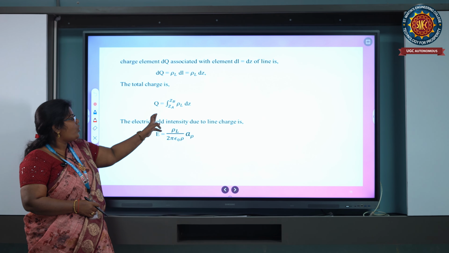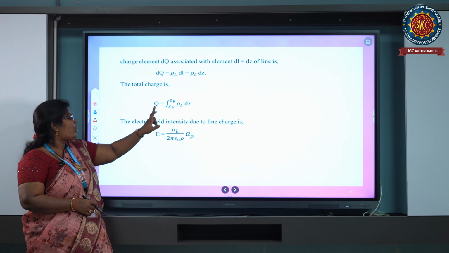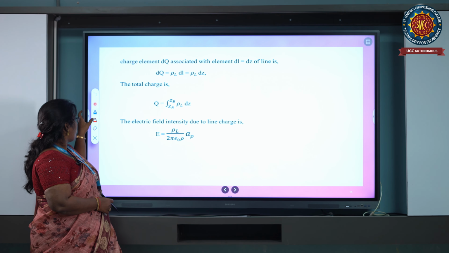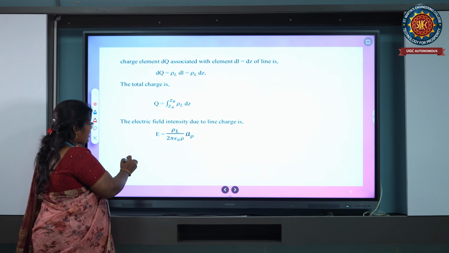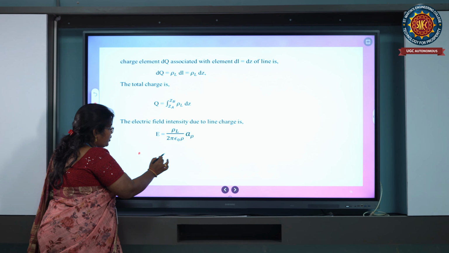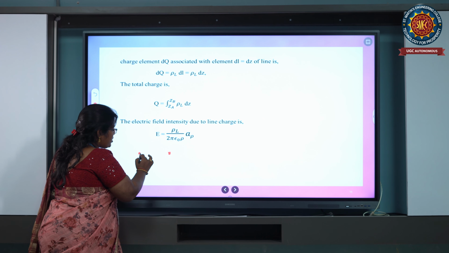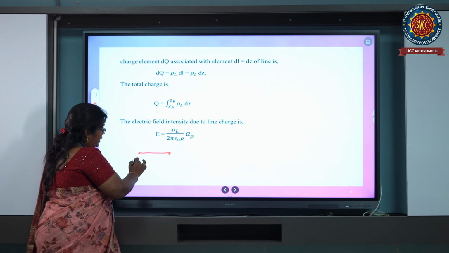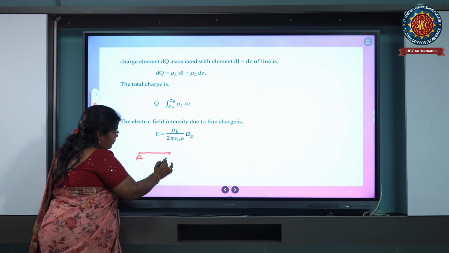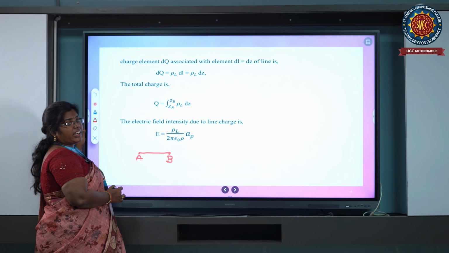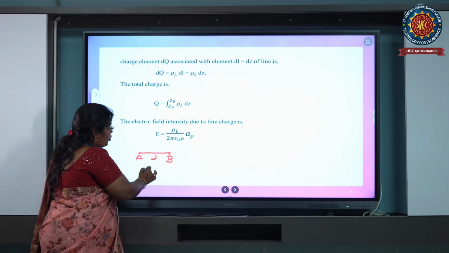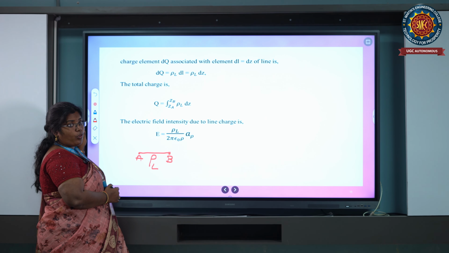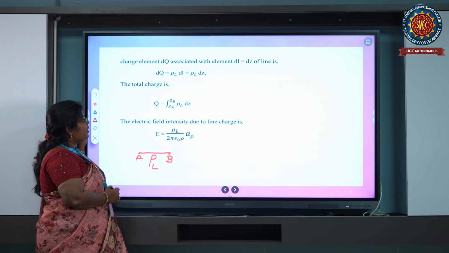So the charge q is nothing but 2 point charges, from a to b. Whatever point charge you are taking, for example, we are taking 2 points. These 2 points are moving and attracting each other, that is a to b. This point can be generated depending upon rho L, the total charge, where the force of attraction or repulsion